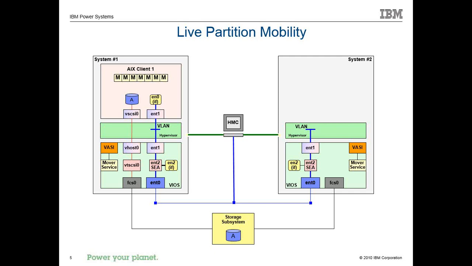On the left, you have an LPAR, and we call it AIX Client 1, so it's that upper left-hand corner. Let's say there are 7 memory blocks in there, so let's say it's got 7 gig, so we'll just use the number 7. This one's using VSCSI for its disk drivers. Live Partition Mobility works just fine with NPIV also. And it's using a shared Ethernet adapter for its network traffic.